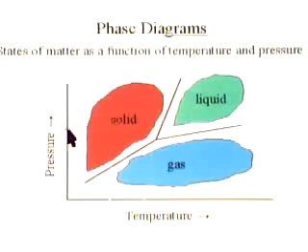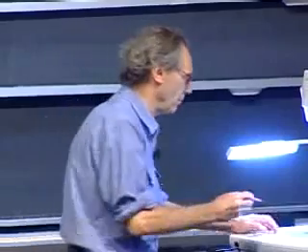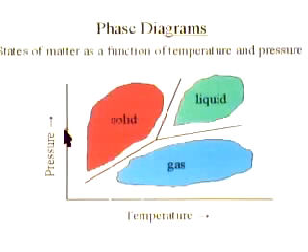Suppose this were 1 atmosphere here. And I took some ice, or you can take a piece of iron at 1 atmosphere. And it's a very low temperature, it's a solid. And I start heating it up, but I keep the pressure 1 atmosphere. It's a solid, it's still a solid. At this point, it begins to melt. This will be the melting point. And when I keep heating it, temperature will not go up until all the solid has been melted into liquid. Then I can increase the temperature.